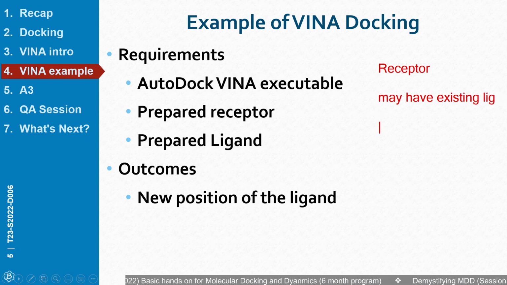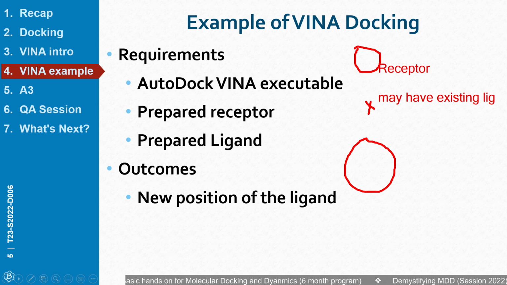So receptor and existing ligand, and they are already interacting or not interacting. So we need another molecule which is going to interact in place of it, or it may be binding somewhere else,